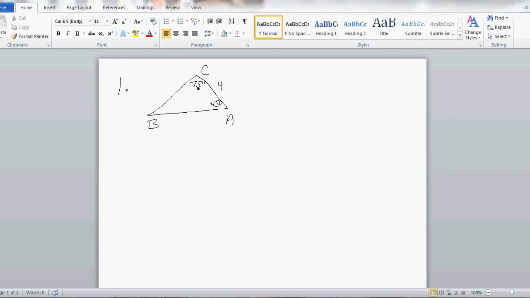And here we have angle side angle, so this is a straightforward case and we can use the law of sines. Now the law of sines says take sine of an angle, I'll start with sine of A, over its opposite side, in this case little a, which we don't know, that is going to equal the sine of angle B over its opposite side, which is going to equal the sine of C